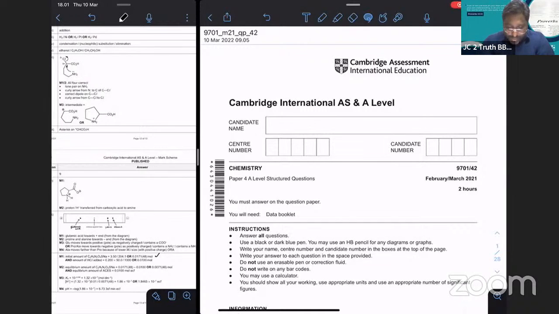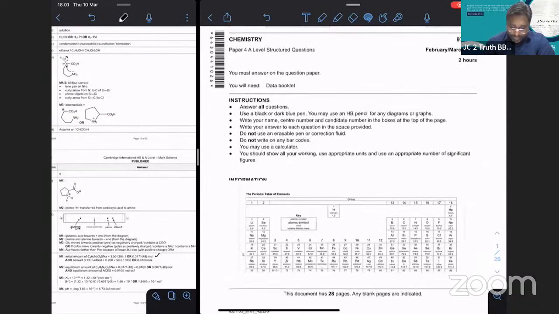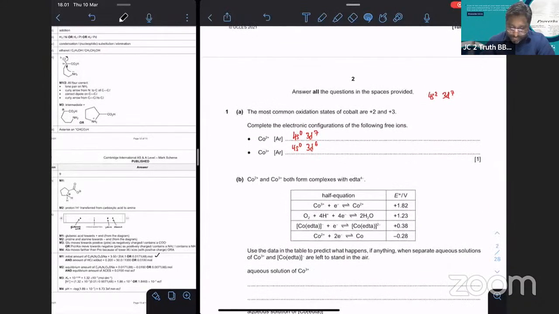Now, we are going to go through paper 4, which is March 2021. We only have one variant, so this is going to be paper 4.2. So let's begin. The first question over here, they ask you